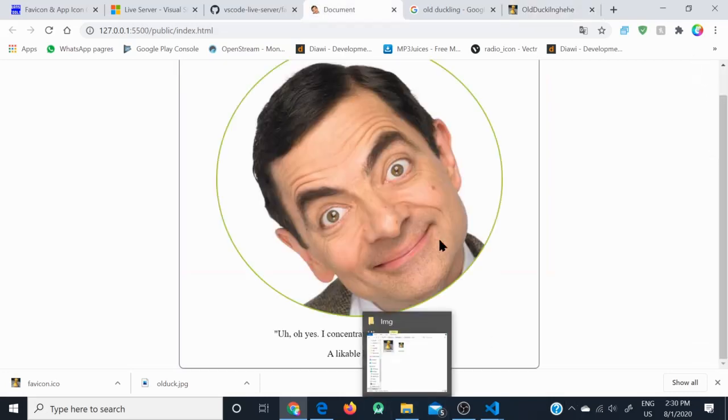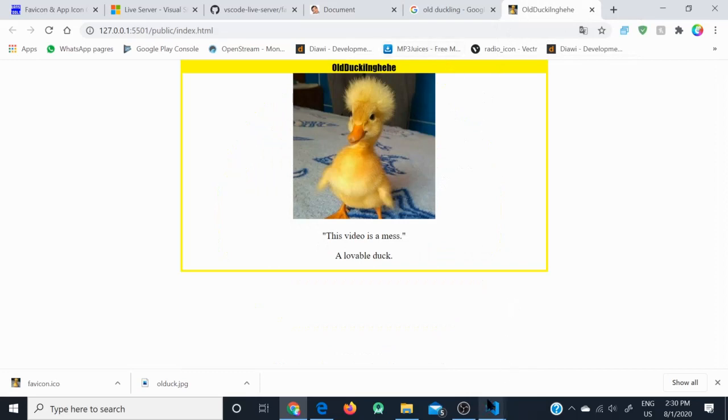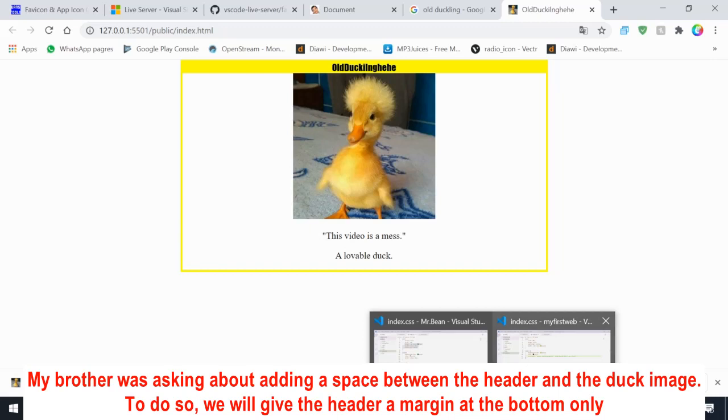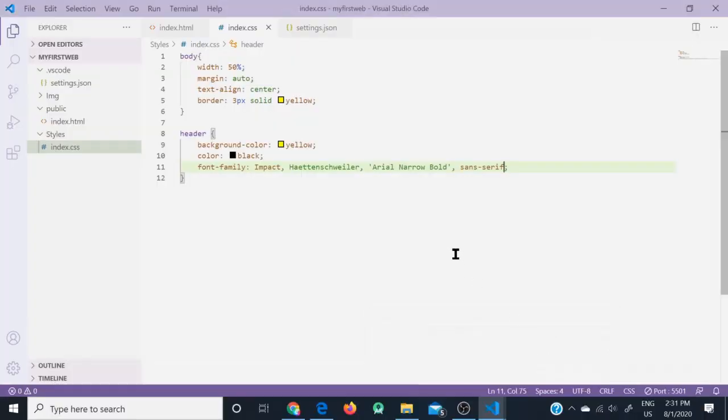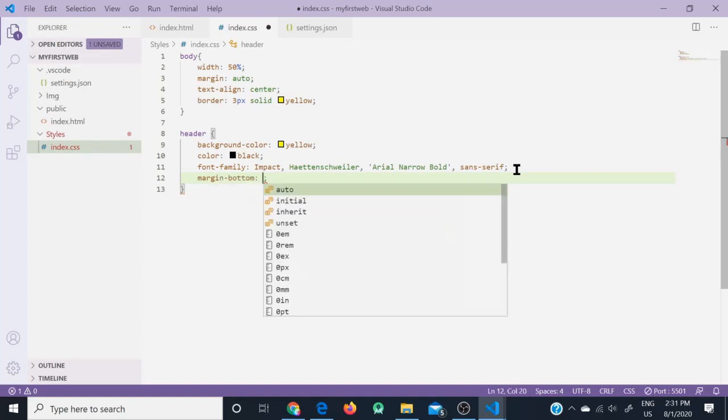Now, if you want to round the image, you see how I put a circle around the image? So now you want to circle. Maybe I don't want that touching the top. If you don't want the image touching the thing, you can put a margin. You see how you put a margin up there? But instead of putting auto this time, you give it a number. So margin bottom. You're going to give it a space at the bottom, and put like 20 pixels,